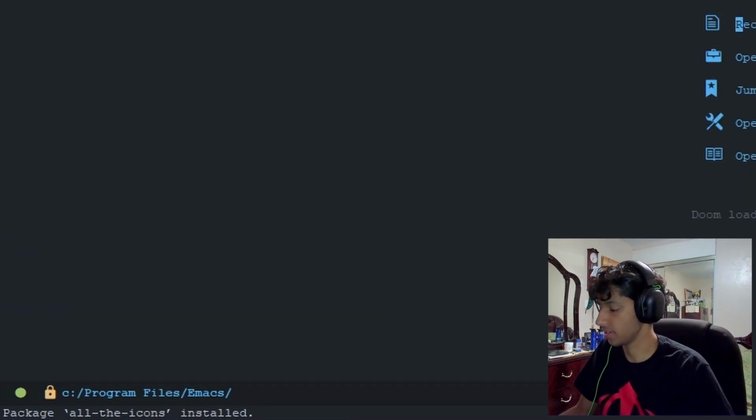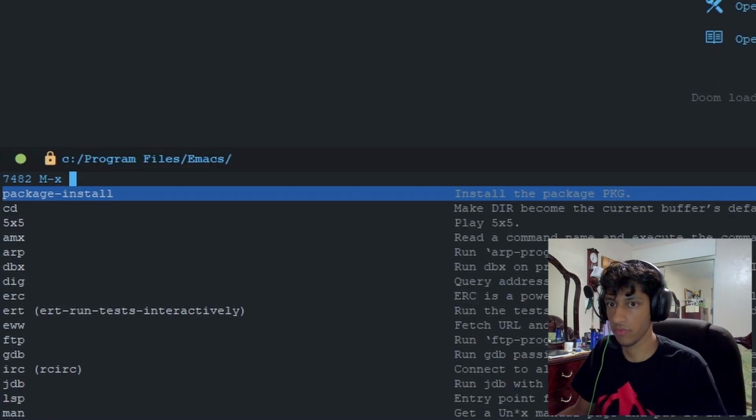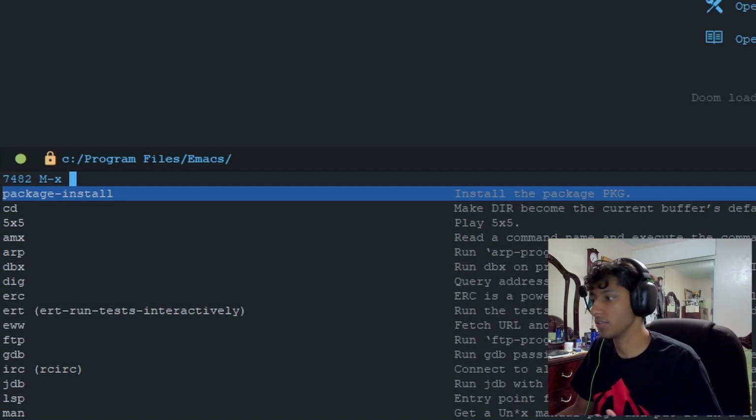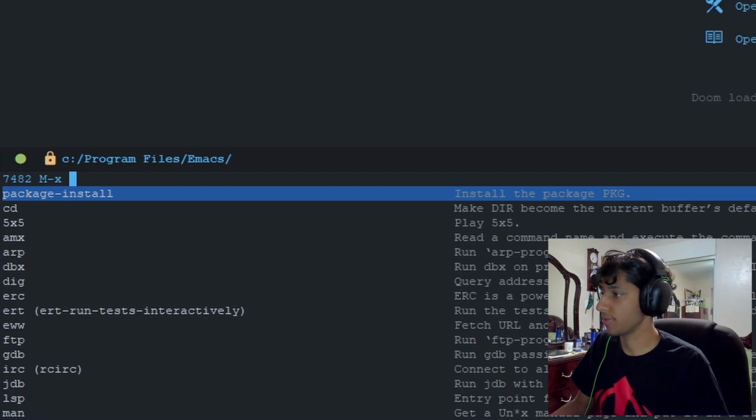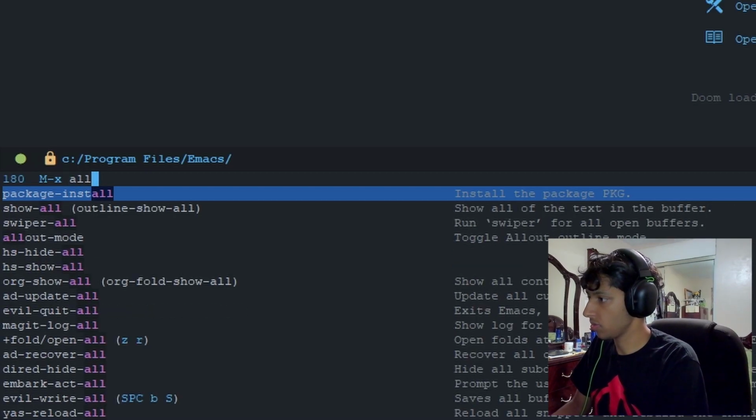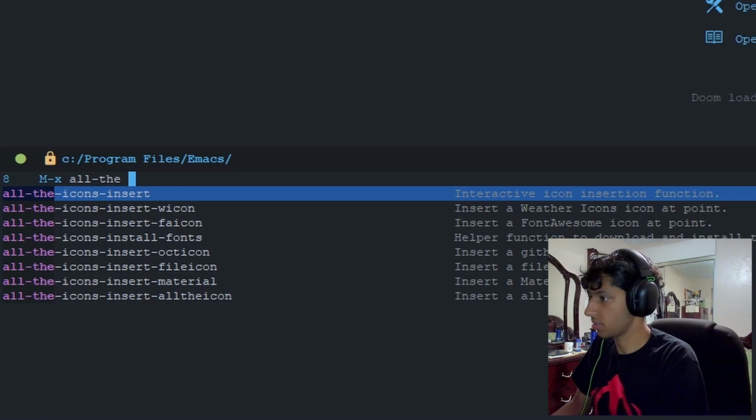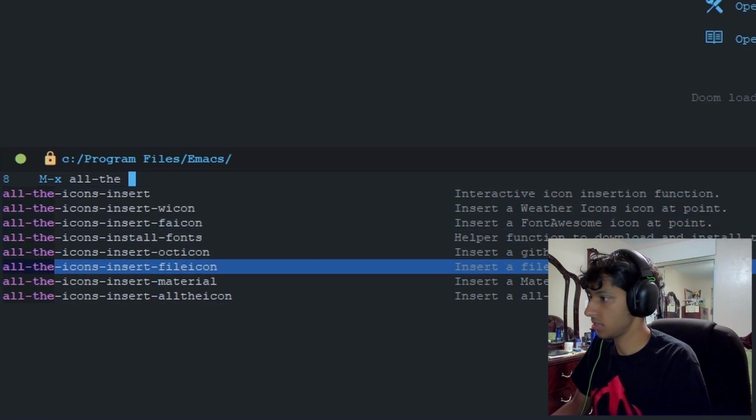Once that is done, you need to click Alt X again. If you're using Windows, it's Alt X, but it's M-x, whatever your M-x key is. For me, it's Alt X. I don't know if it changes for other keyboards, but I just thought I'd mention that real quick. Now what you want to do is all the icons, install